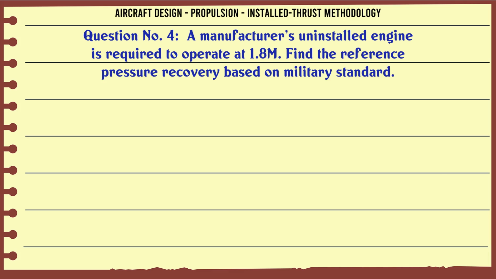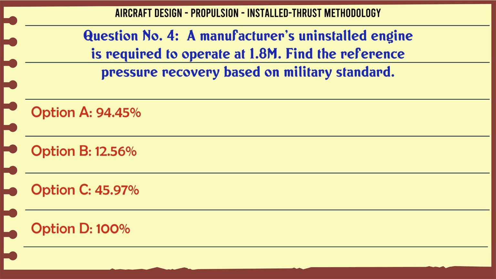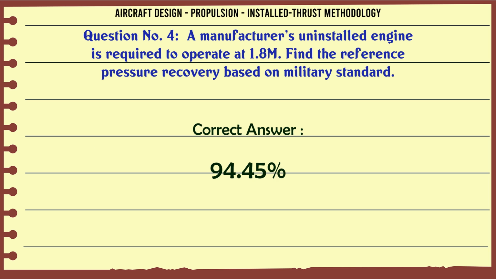A manufacturer's uninstalled engine is required to operate at 1.8 M. Find the reference pressure recovery based on military standard. A 94.45. B 12.56. C 45.97. D 100. The correct answer is